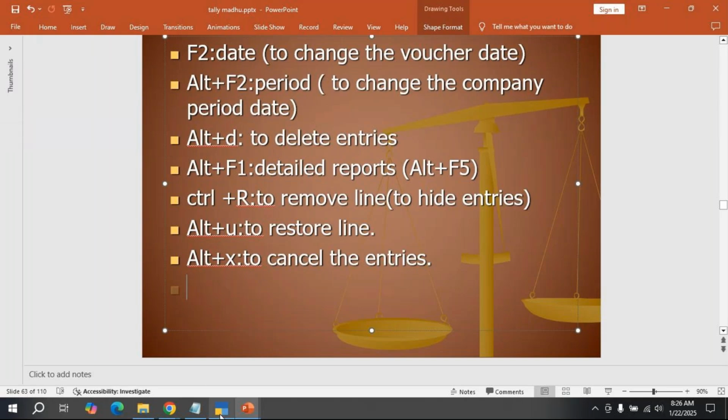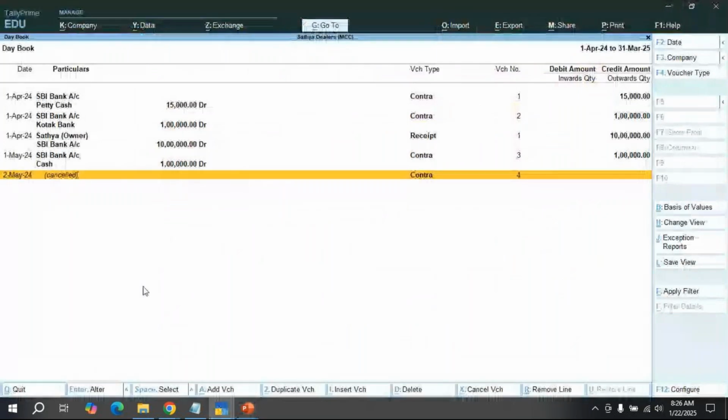Now see, in that I cancelled some transactions. For example, I cancelled two or three transactions. But now I want to know where it's going to store, how many vouchers we cancelled. If I want to see that list of cancelled voucher entries, for that we have to go